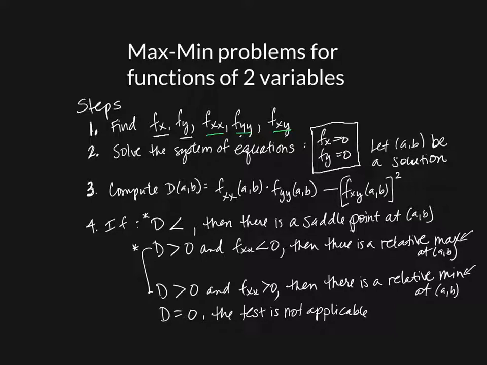And so then let's assume that we have a solution. We have the point (a, b) as a solution, and there may be more than one. We may actually find that there are a couple of points that satisfy that system of equations. But let's say that (a, b) is one of them.